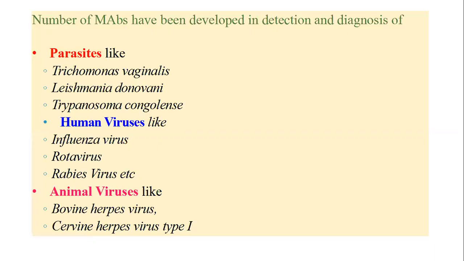A number of monoclonal antibodies have been developed for the detection, for the diagnosis of diseases. These are the listed diseases. It may be a parasitic disease, Trichomonas vaginalis, Leishmania donovani, Trypanosoma congolense. We can use monoclonal antibody for their detection. For human viruses like influenza virus, rotavirus, rabies virus, etc. For animal viruses, say bovine herpes virus, say cervine herpes virus type 1. For this particular type of viruses and parasitic infections, for identification or diagnosis purposes, we can use